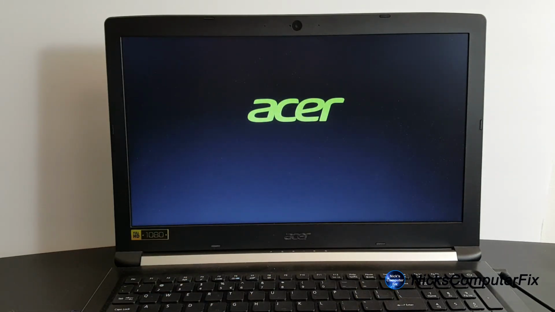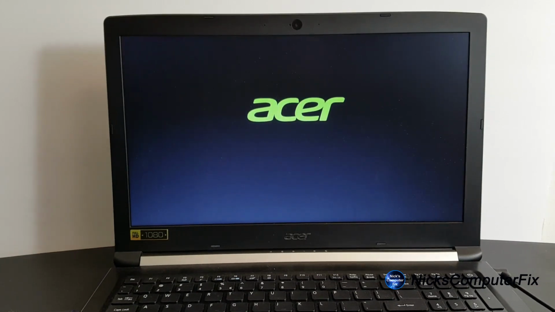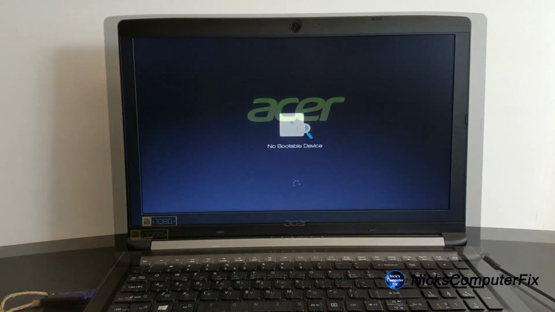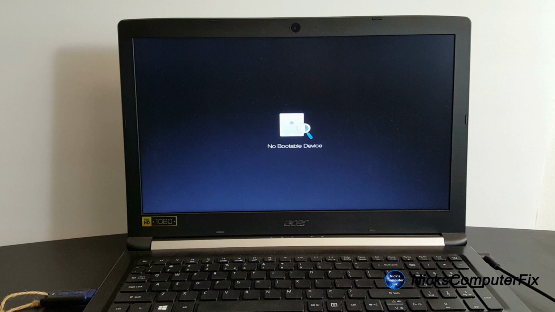Now it could be different on your computer, and if it is, you might have to go out and research on the internet to discover which key works for you to get into your boot menu. Now even if you do press the F12 or F9 or another key that gets you into the boot menu, you may still get no bootable device,